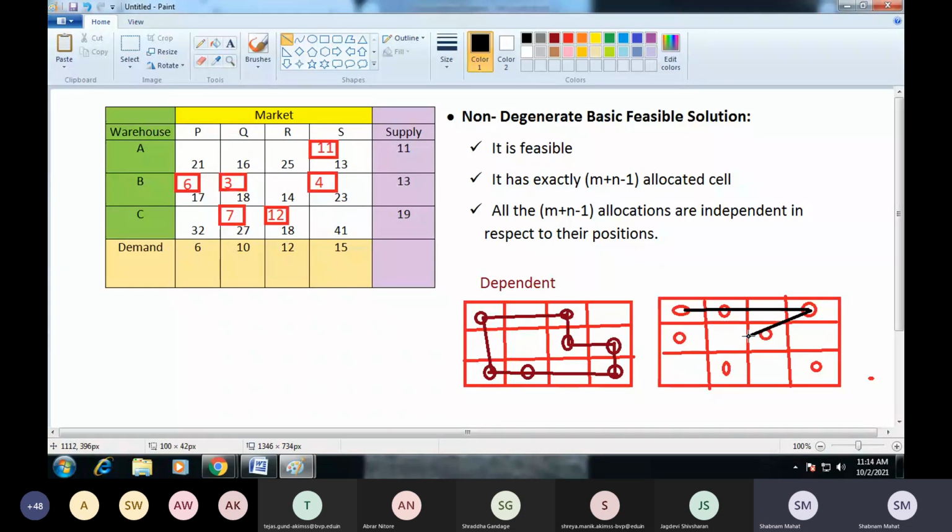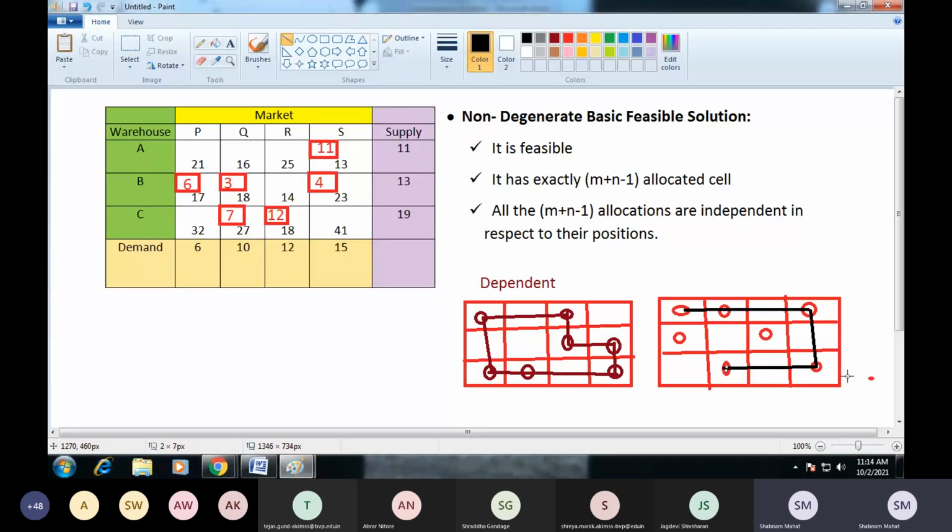So I can connect this point only. And again I start from this point, I can connect this point. Now it's very difficult for us. We can't connect in this fashion and we can't connect in this fashion also. So we stop here. That means the solution is unable to form a loop. In such a case, we can say that this is an independent solution. This type of solution is called an independent solution.